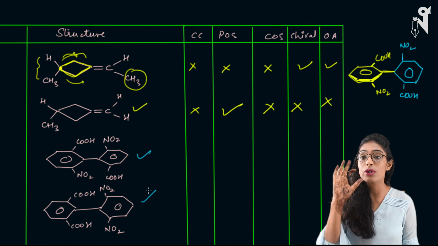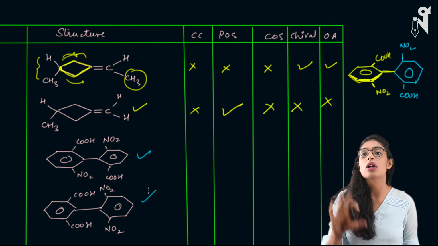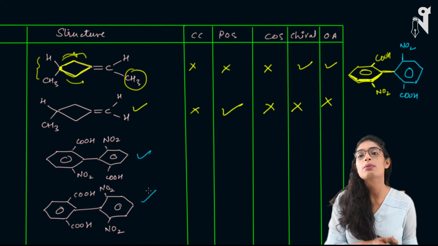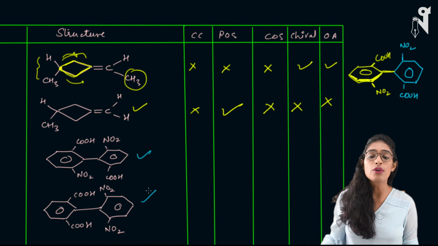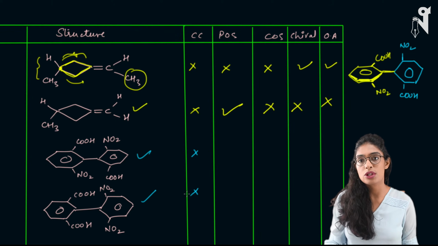And now once you visualize, once you get to know how the model looks, every time you get such a question, you'll be able to do it very easily. Okay, so first of all, we'll see whether the chiral center is present or not. Chiral center is not present in this molecule, and even in the down molecule, no chiral centers. Now we have to see whether the plane of symmetry is there or not.